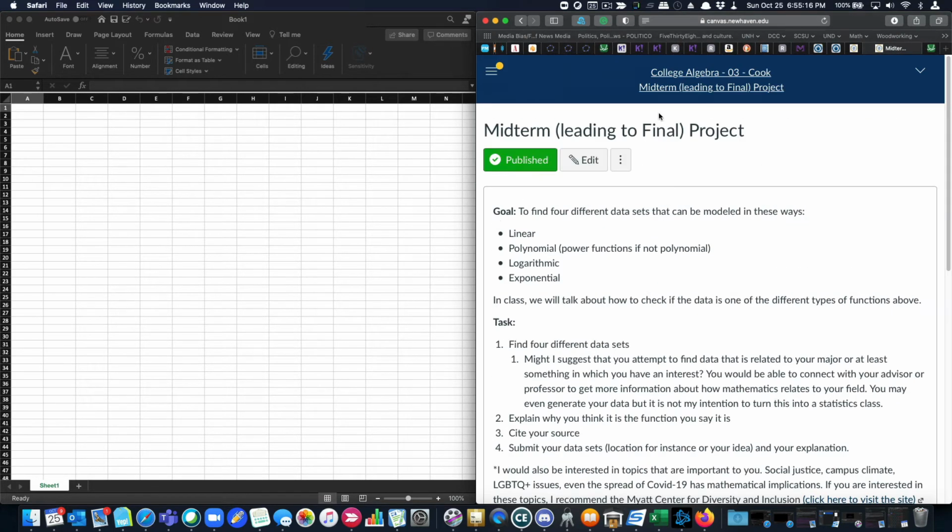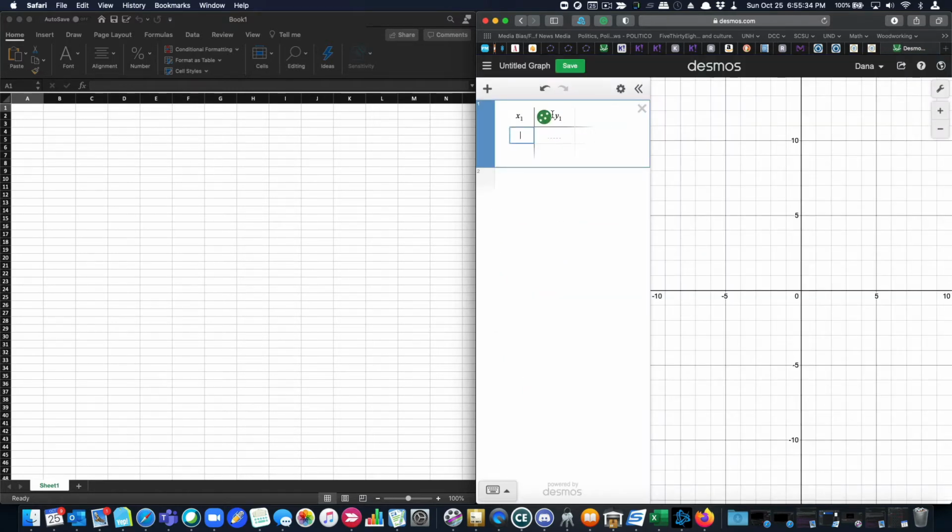the following. Your final project is going to consist of 4 data sets. So for instance, you'll have a data set that is approximately linear. You'll have a data set that's approximately polynomial. It may not be polynomial. It might be a power function, except you're not quite certain what a power function is. A power function is simply,